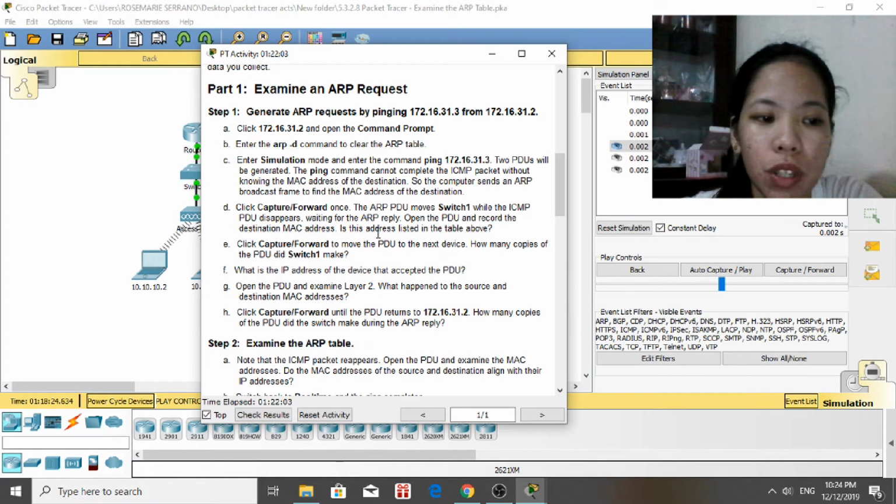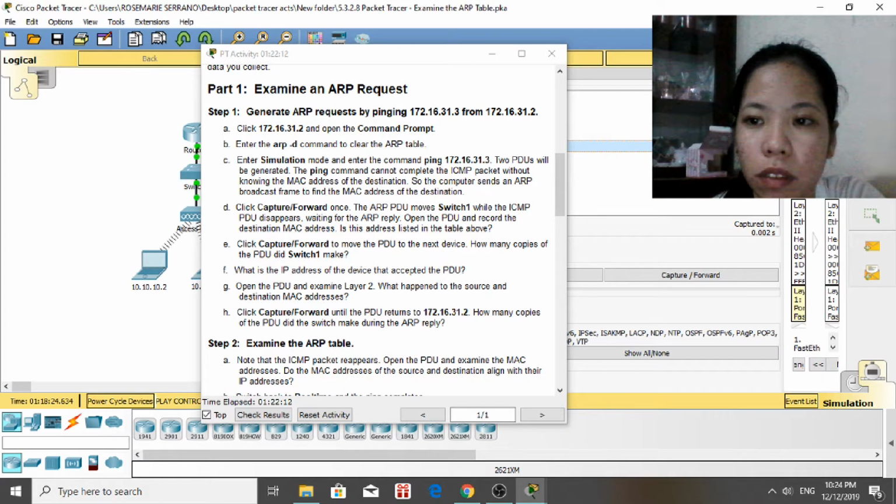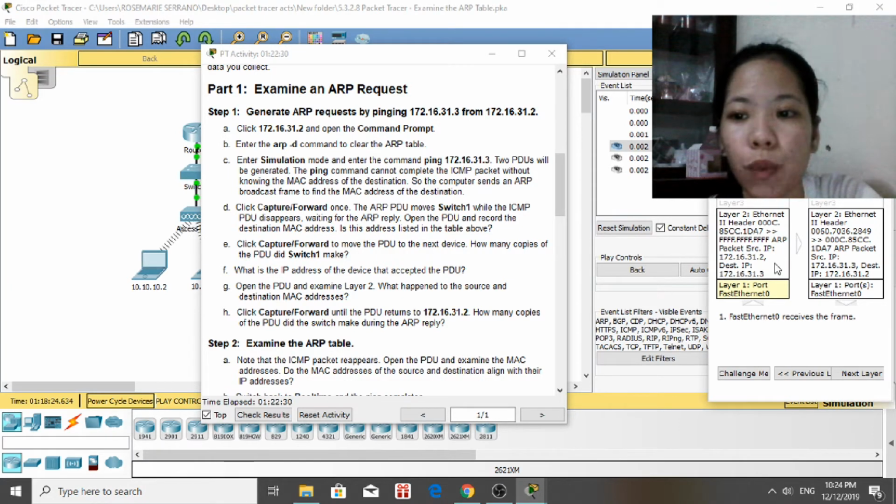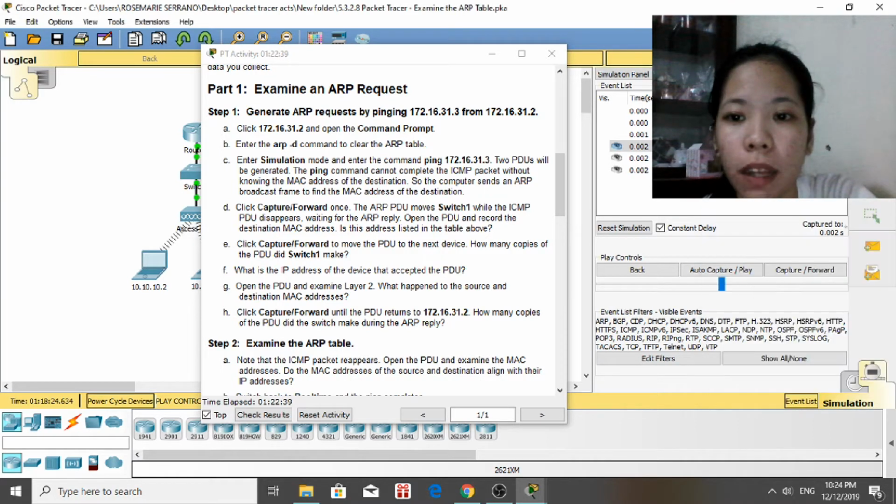The source became the destination, and the FF broadcast address turned into the MAC address of 172.16.31.3. Then next, click capture forward until the PDU returns to